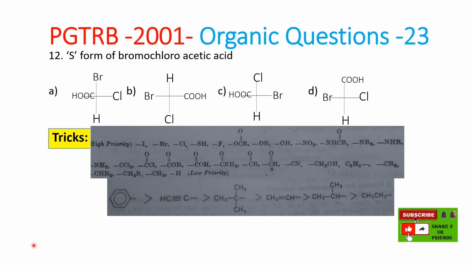Here if you start giving like this, we can find out which one is first. This is the first one, and this is the second one, and this is the third one, and this is the fourth one. Okay, this is the fourth one always. So if you draw a line like this, okay, this is the clockwise direction. If it is clockwise, then this is the R. Okay, we need to find the S, and here this is the first, and this is the second, and this is the third, and always the hydrogen is 4. So what is the order? In this order we need to go. So this is the S.